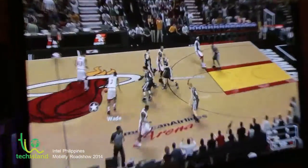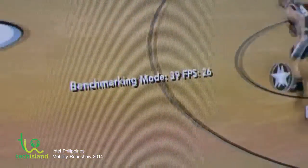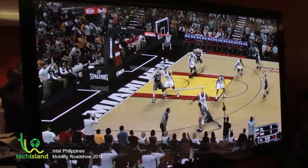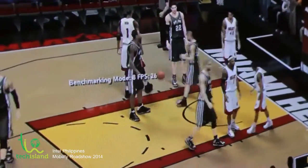Over wireless display. Chalmers is the leader of the pack, and Bosh is the rock. Now here's Wade. Tipped up. He hangs in there and catches him on the side. Johnson gets the first one up on the board here for Miami. Parker passes to Leonard. Duncan left side. Leonard. Back to Duncan. Just pull and shoot. They were a year before, and he still was tough at that end of the court. The thing is, you can see them turn it on and turn it off when they needed to, so they always managed to get the key stop when they needed it. And when you're coming off a title like the Heat are, there is...